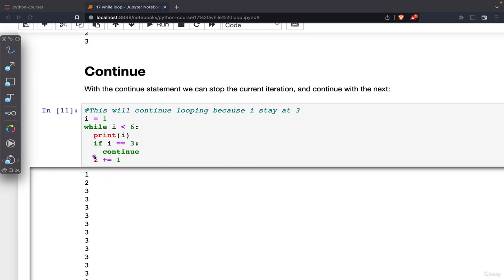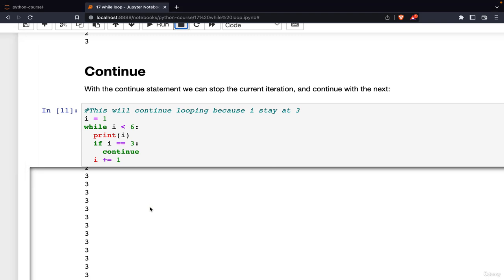But the problem is this will always become the value 3. So now this will loop forever like this. It will continue to output 3 because every time it goes to 3, then it will continue and go back to the print i. So the way to fix this is